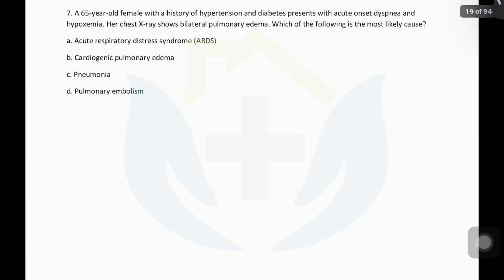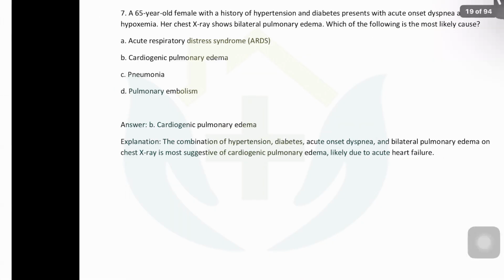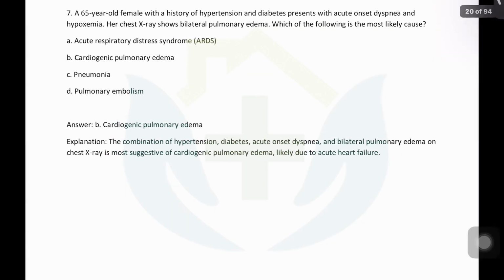Yes. So this patient has risk factors for landing up in heart failure, and bilateral pulmonary edema. Pulmonary edema has to be bilateral only. So the X-ray shows bilateral shadows, a bat wing appearance. That is what they basically intend to know. So this is acute cardiogenic pulmonary edema, and it is not ARDS. ARDS is particularly defined as non-cardiogenic pulmonary edema. So the answer will become B, cardiogenic pulmonary edema.